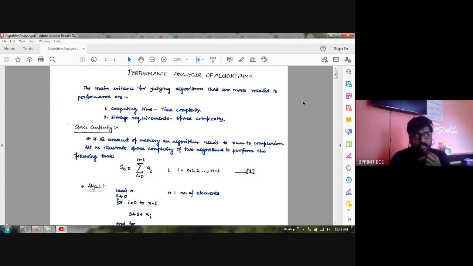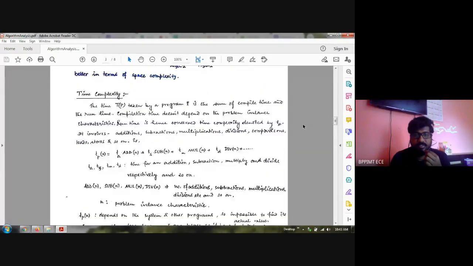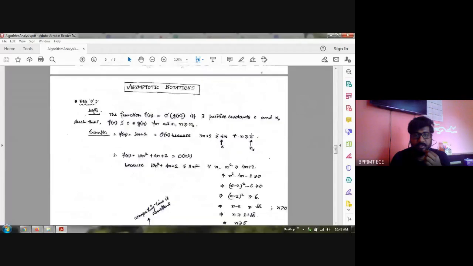We have learned that if the computational time function is given by Tn or Fn, for example, Fn like this one. So if any time complexity function Fn